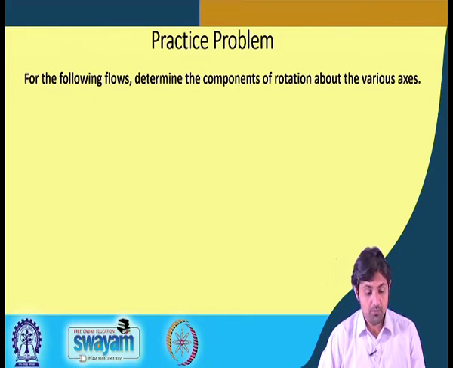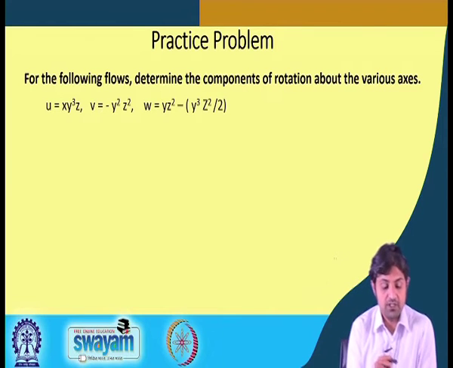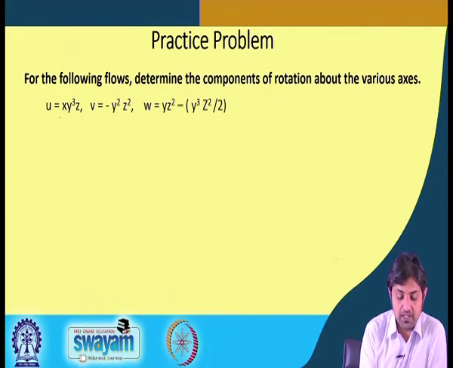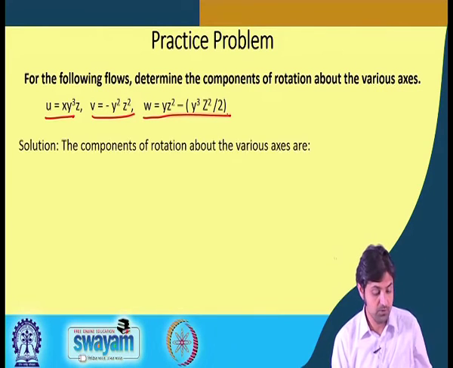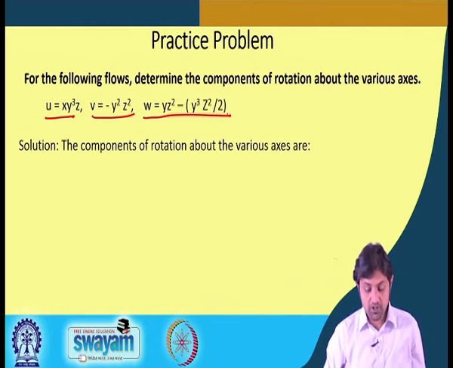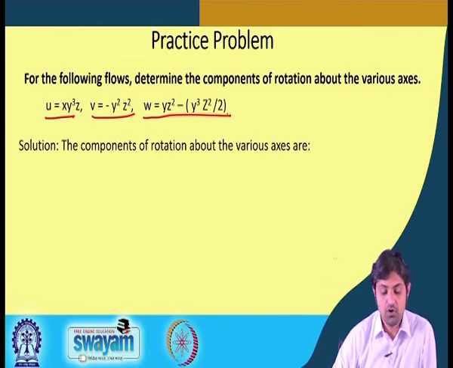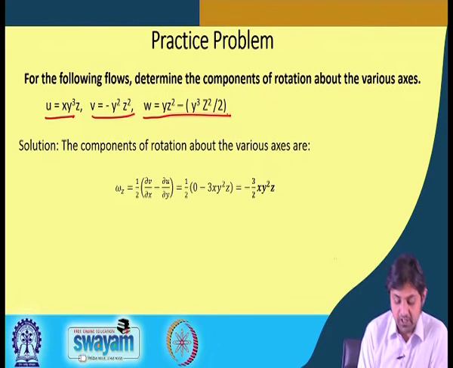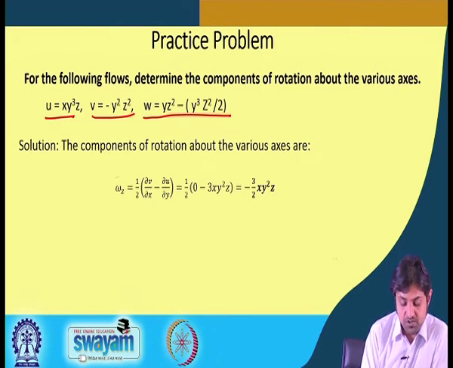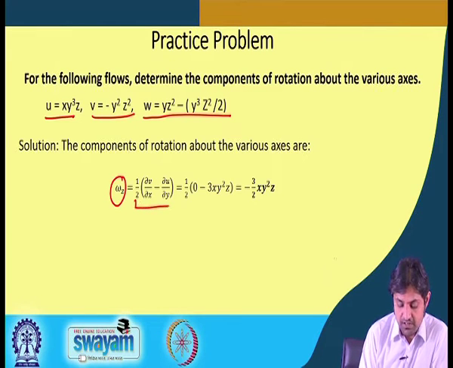Now, we will see a practice problem. For the following flows, determine the components of rotation about various axes. So, we have been given u is equal to x y cube z, v is equal to minus y square z square, w is y z square minus y cube z square by 2. So, we already know the formulas. So, the components of rotation about various axes are omega z, you see here, is given by this standard formula